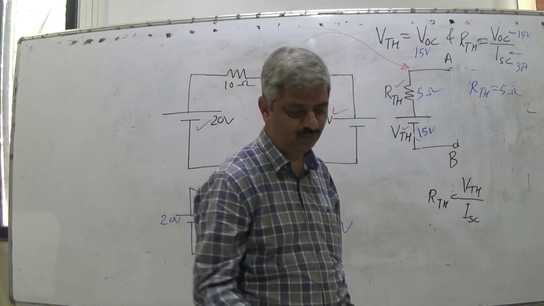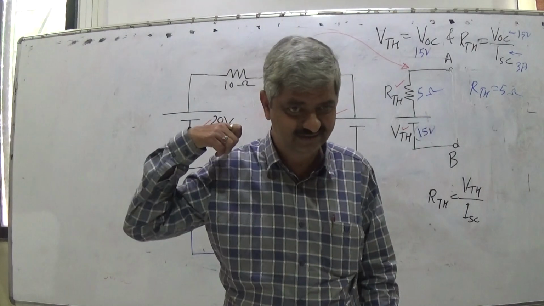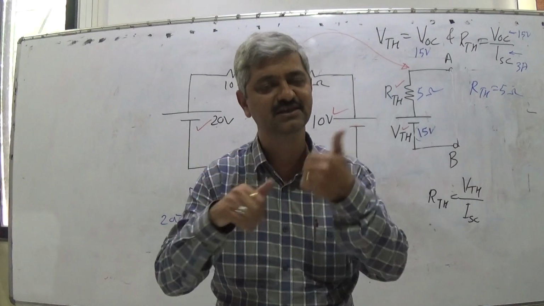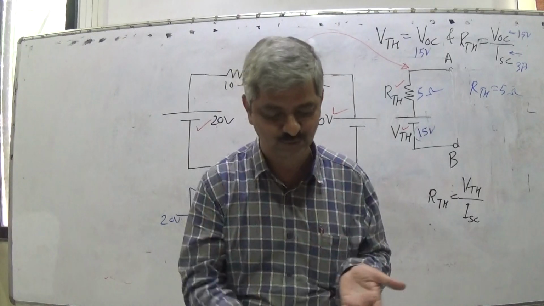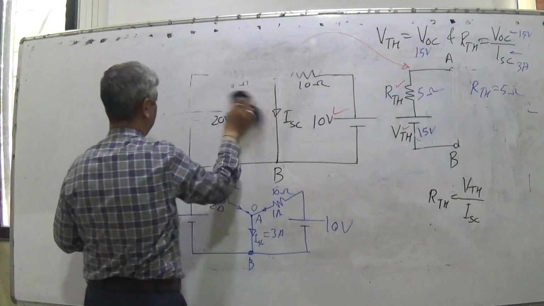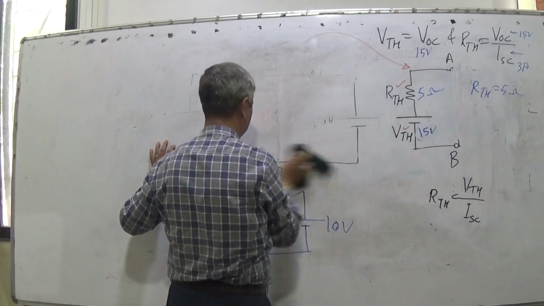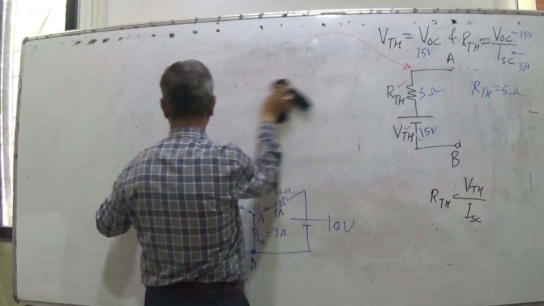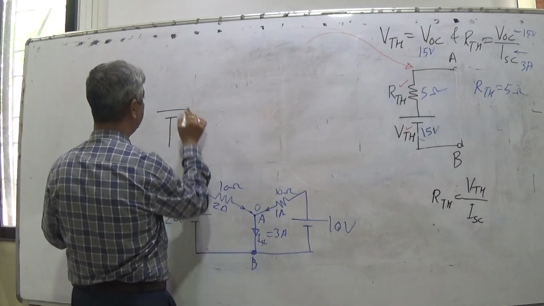You try to get, now this is for only 2 voltage sources and 2 resistances. Kirchhoff's law and Thevenin's circuit may require same time to solve. But if we expand the circuit, that is, if we are having 2 voltage sources and 5 resistances, so just we solve one problem using Kirchhoff's laws.